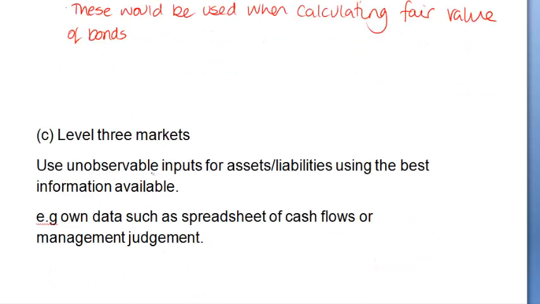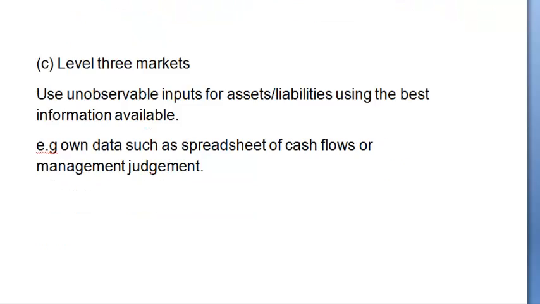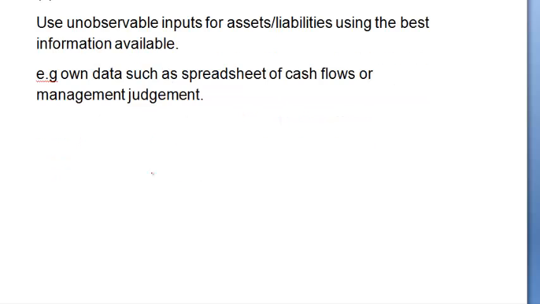We then come to a level 3 market. And here we're sort of entering the realms of guesswork. We use unobservable inputs. So we might say we've got a property and it's a unique property, or it's a piece of art. What do we think it's worth? Very difficult to gauge. So we'd look at perhaps the cash flows or management judgment,